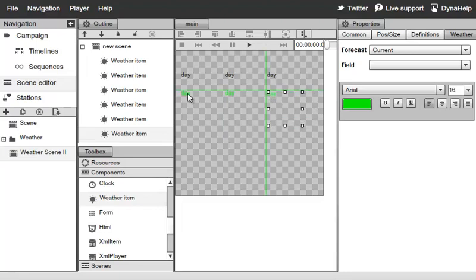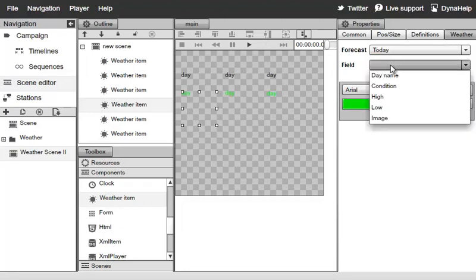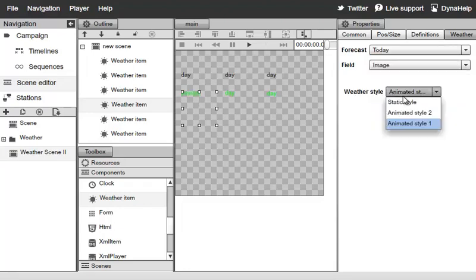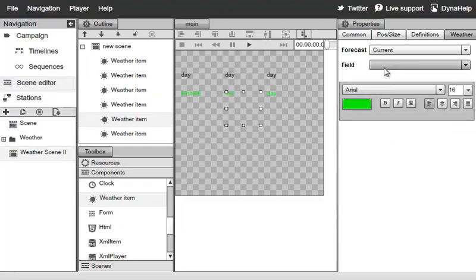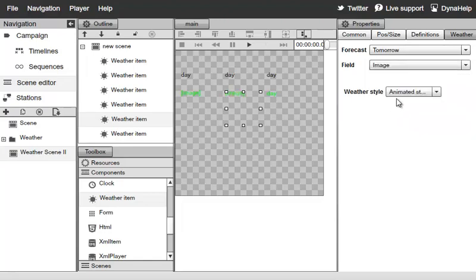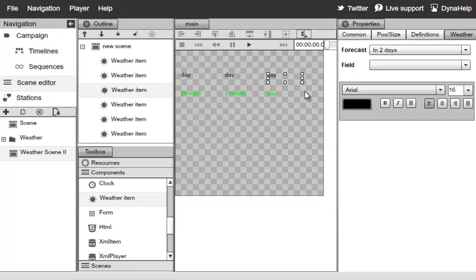And these will be just our images. So we'll go ahead and select again for today, set an image, and set a static style image. For the second one, tomorrow, image, and static. And just to show you the difference, we'll go ahead and select for the third image,